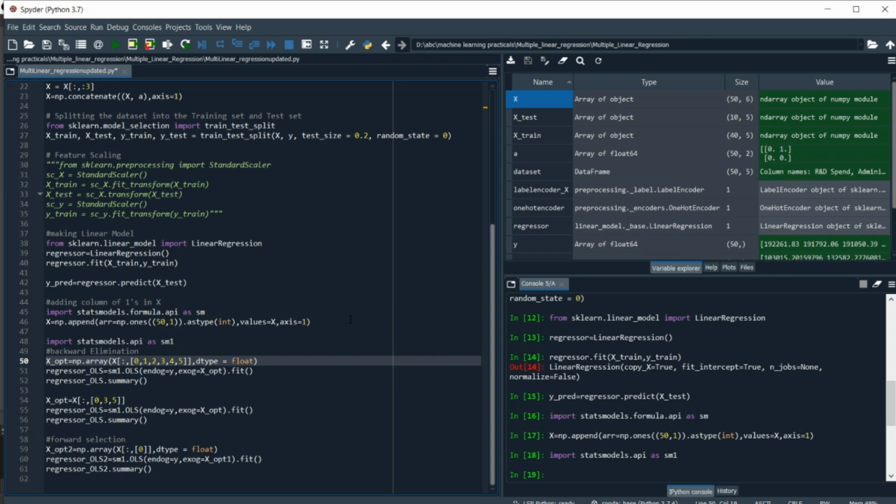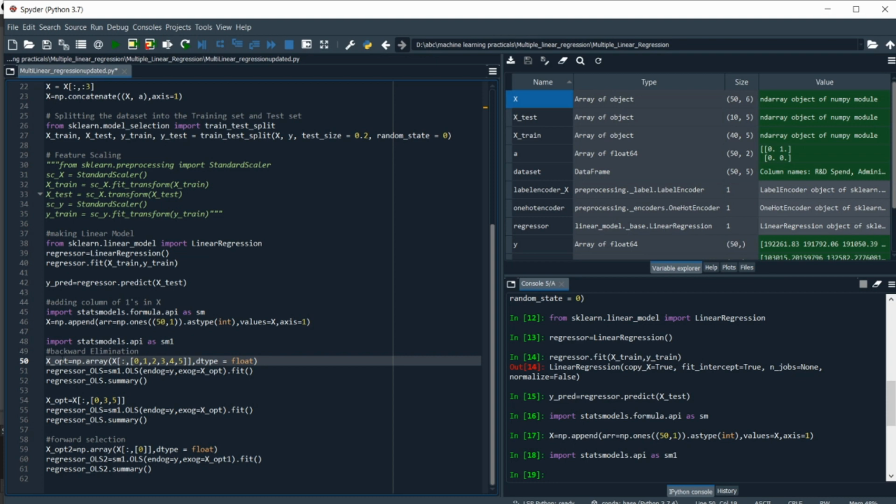And similarly we keep going until we get a collection of independent variables which have a strong relation with the dependent variable, and that's how we get all the independent variables required for our model. When we use those independent variables for our model construction, that model is going to give us quite accurate predictions. So let's see both methods, backward elimination and forward selection, in our code.